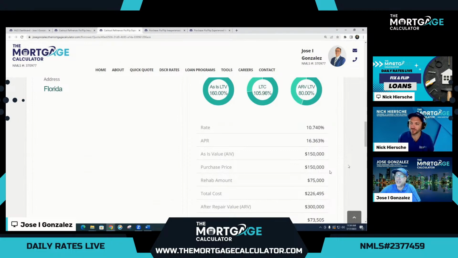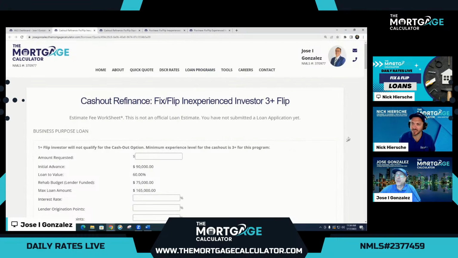So there's a nice estimated gross profit there. Again, it's the same deal, $73,505. That's a good chunk of change there. The lender knows it. That's why they're willing to do this deal. And 10.74 is the rate for our experienced flipper. And now our inexperienced flipper,